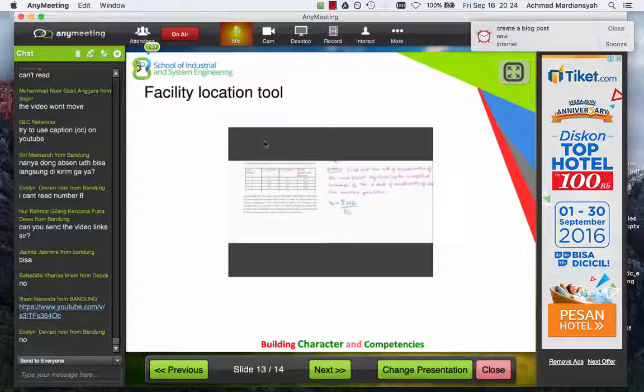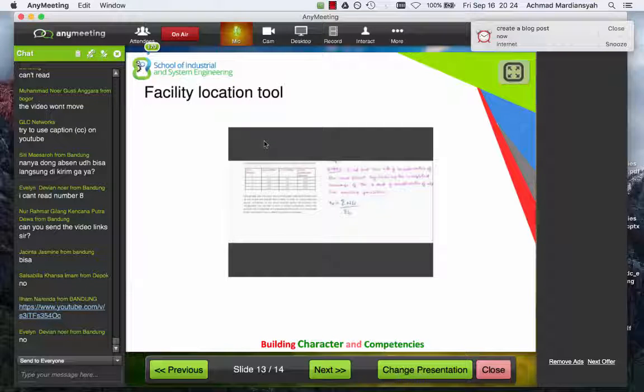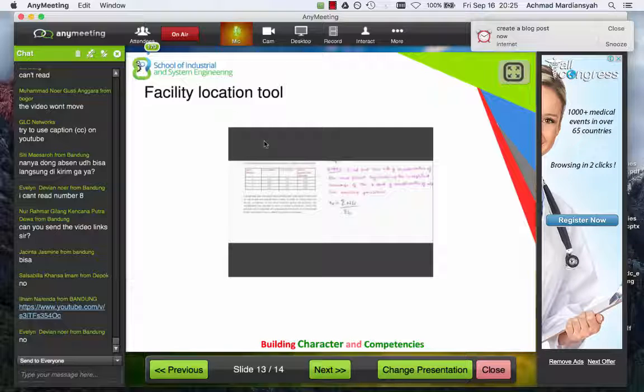And then for the location itself, we also have a tool. So we have an example calculation. Okay, so which one is the best? So it's not like, oh, I had a dream last night that we have to move to Hong Kong. Oh, no, it's not like that. So here is a tool for determining the best locations based on the input that you give. It's called center of gravity. Not like gravity falls, it's different. So it's center of gravity.